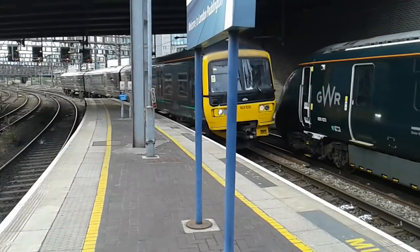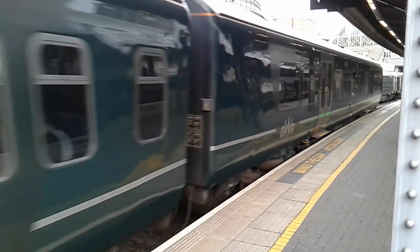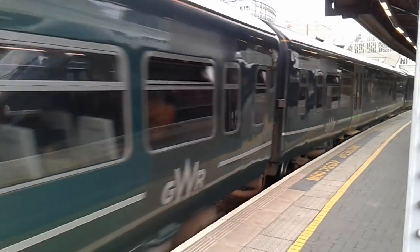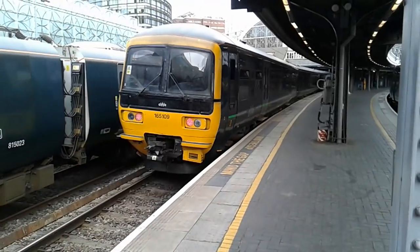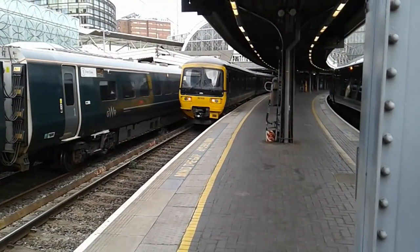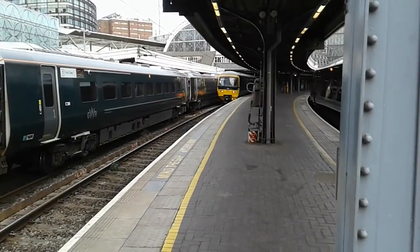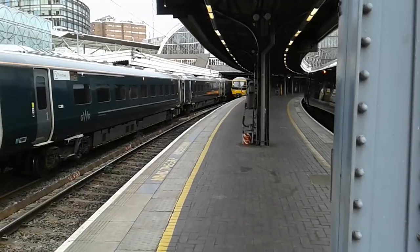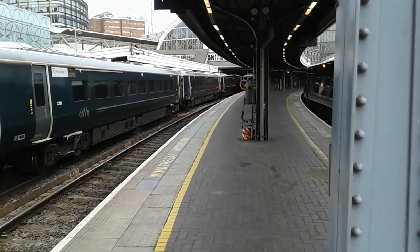This is a security announcement reminding passengers to keep a watchful eye on their luggage and personal belongings at all times. Unattended luggage can cause unnecessary security alerts. The left luggage office is located on platform 12 with opening hours between 0700 and 2300 hours. Please be aware that opportunist thieves operate at this station and across the railway network. Do not become a victim of...